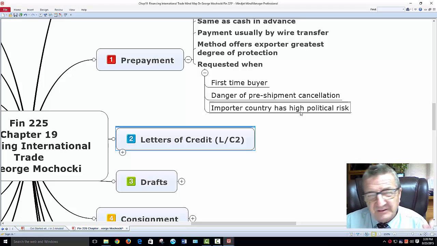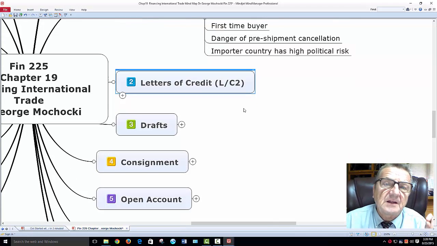I may give you some kind of discount on shipping, but you've got to pay me cash before I submit anything to you. The next one is the letter of credit. Again, this is something you've learned in accounting, and something we've already discussed in corporate financing. These are all basic